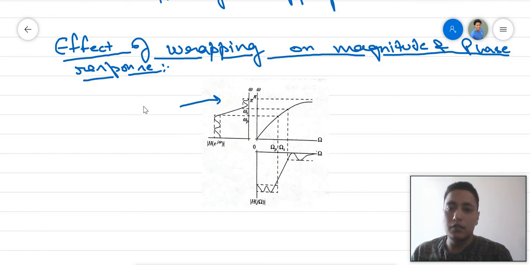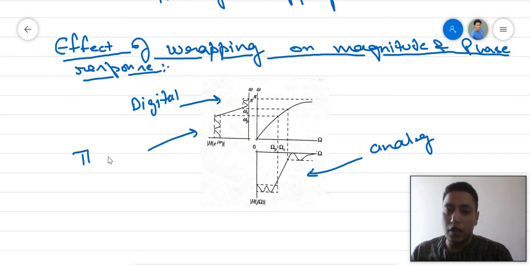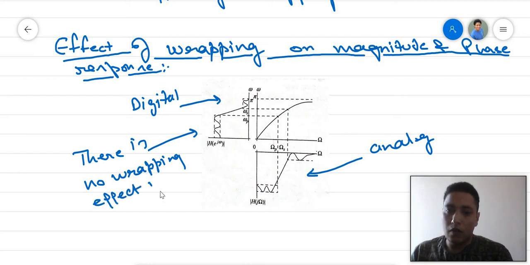This is for the digital and this one for the analog. We can see this omega p lies linearly with this omega p, so there is no wrapping in the magnitude of the passband. There is no wrapping effect in the passband,